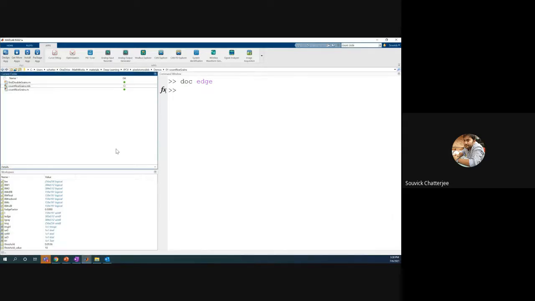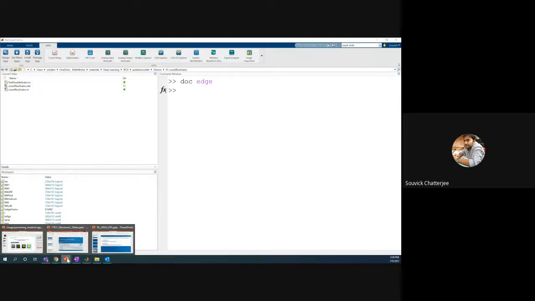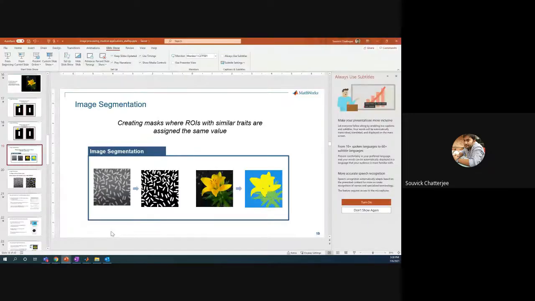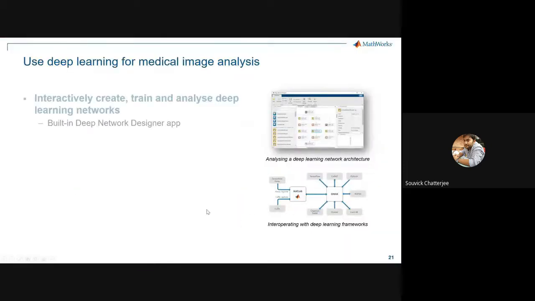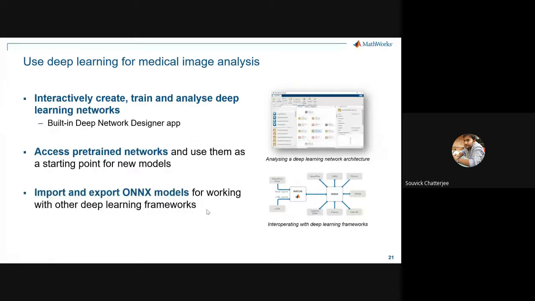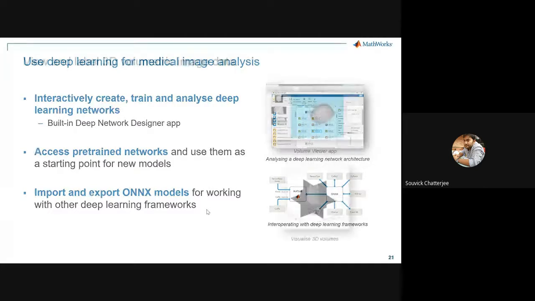Since we have the volume viewer example, maybe I'll come up to that as well. So this is what we talked about, counting blobs. And if you are doing things in the application sector, there are a lot of different things in the deep learning area, which we mentioned, which you can try out. I'll skip this, but if you need information on deep learning for medical imaging specifically, please let us know. We can discuss with you on that front as well.